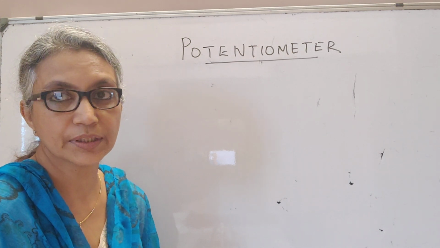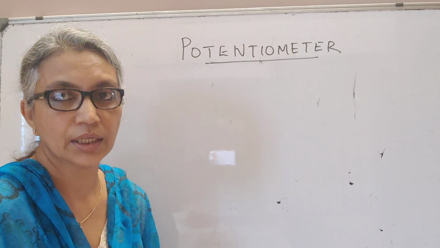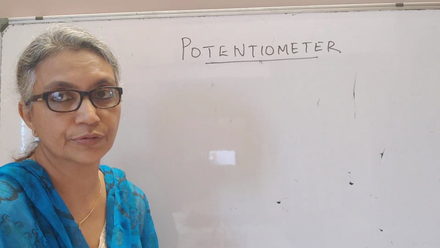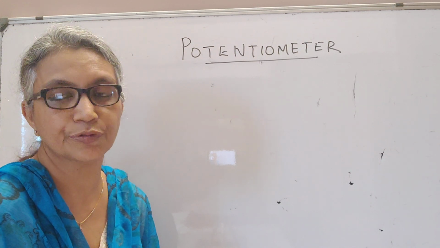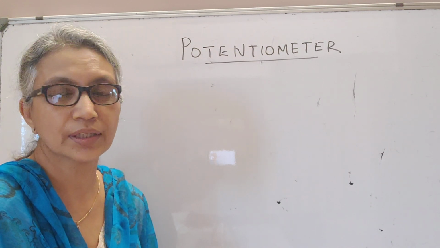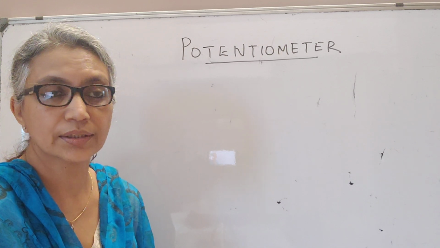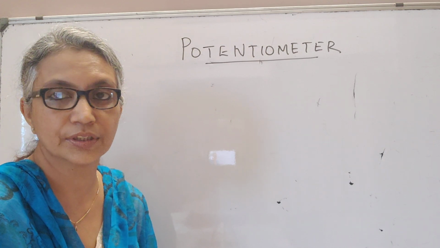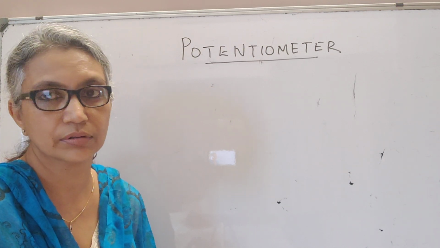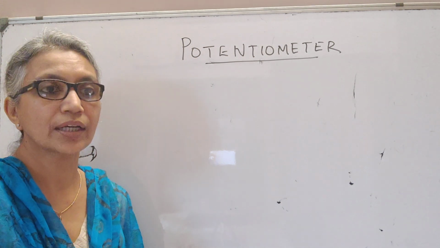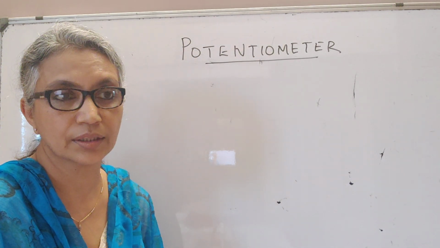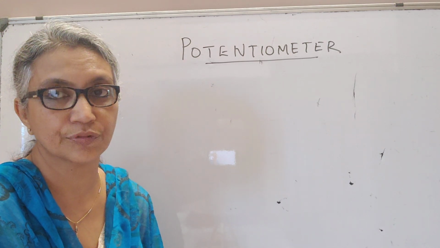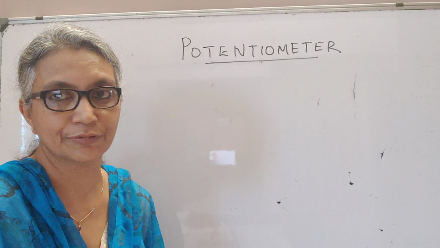One reason is that this material has high resistivity. It also has a very low value of alpha, which is the temperature coefficient of resistivity, which means that even if the wire gets heated up, its resistivity does not change much. A very low value of alpha would mean that the resistivity is almost constant for different temperatures. So that is the reason why we use this material, manganin or constantan, simply because both of them have high resistivity and low value of alpha.